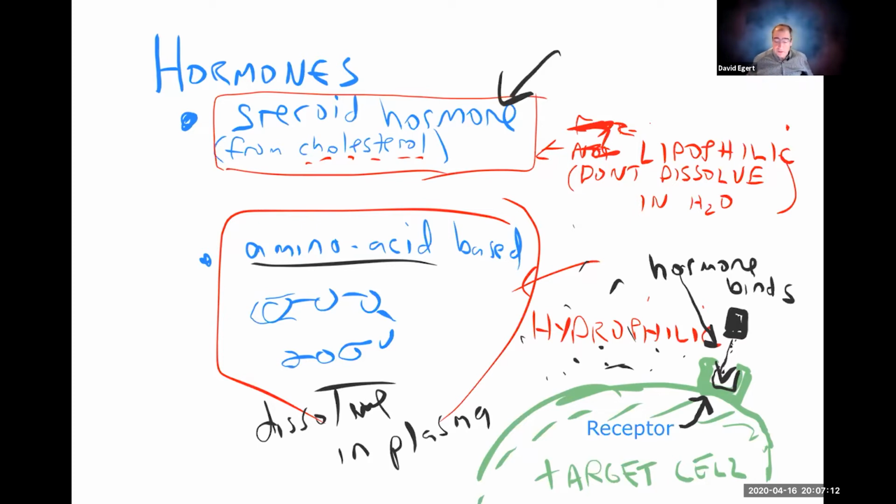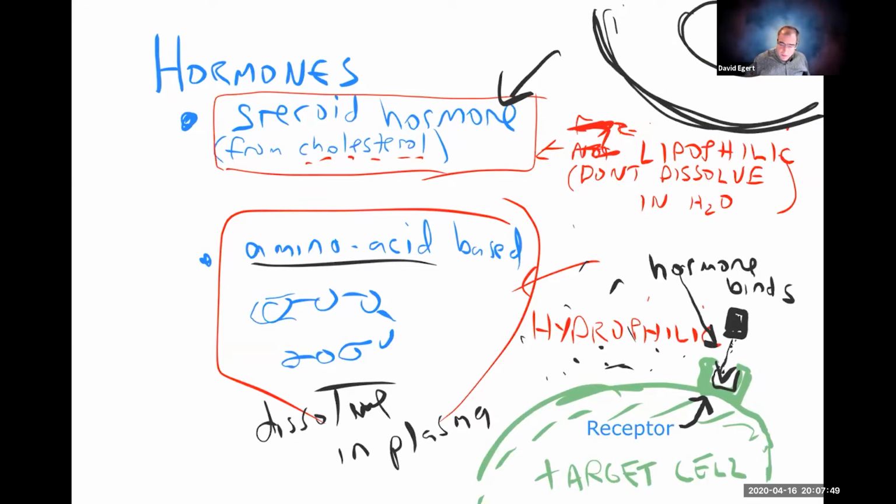Steroid hormones, on the other hand, need special carriers in order to move through the bloodstream. I talked about this when we were talking about the blood, the plasma proteins. So these are going to need to bind to proteins so that that complex can actually dissolve and flow around in the bloodstream. Otherwise, it would be like trying to put little oil drops in water. They don't mix nice. When they actually get to the target cell,